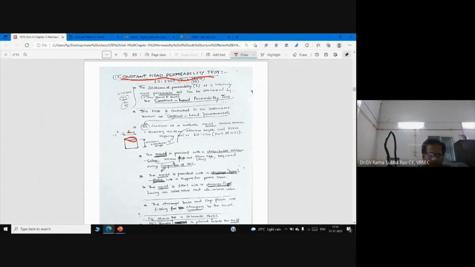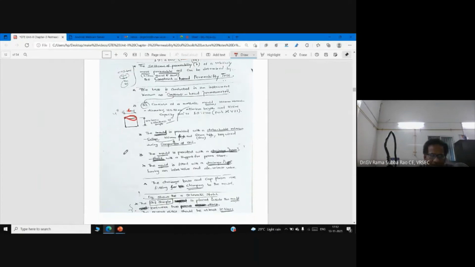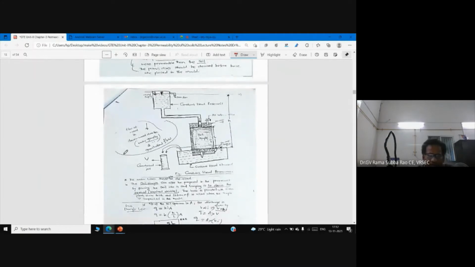So now you can see here the mold. Now let me show you the setup. This is the constant head permeameter setup. This is the water reservoir, and a pipe is connected to the reservoir. One can see the water is allowed through the soil sample. Because we are discussing permeability, permeability means passage of water through soil, to say it in a simple way. So here we see the water is passed through the soil sample.